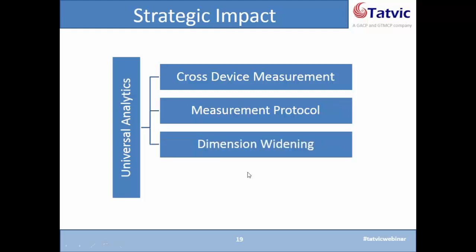Dimension widening is very important. It allows you to expand any given variable that you track using the metadata of that variable. For example, if you're a publisher and you want to track the page views of different authors, you can always upload the name of the author for all the set of URLs that you have, and you can measure the page